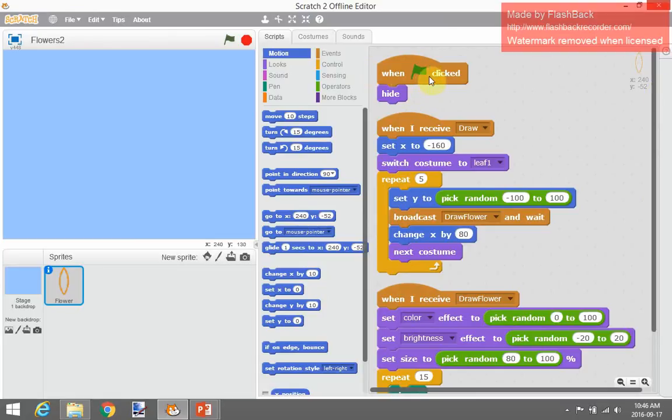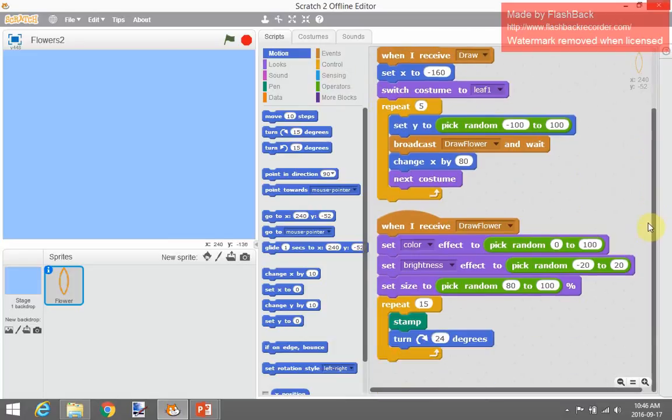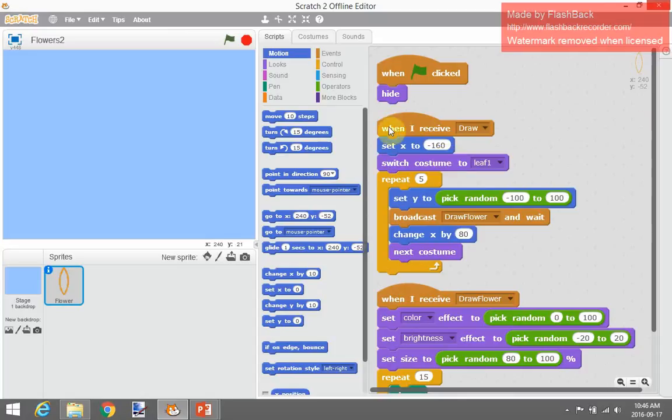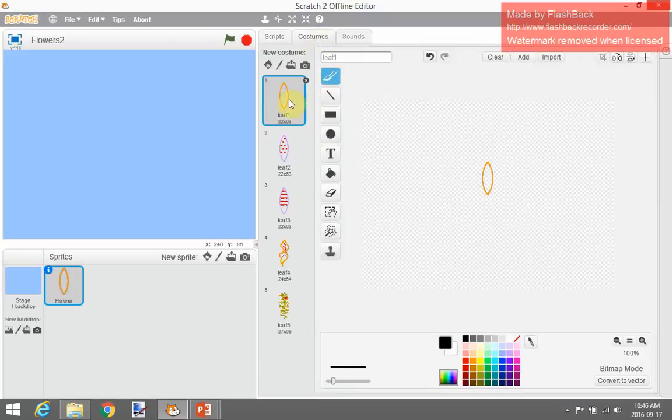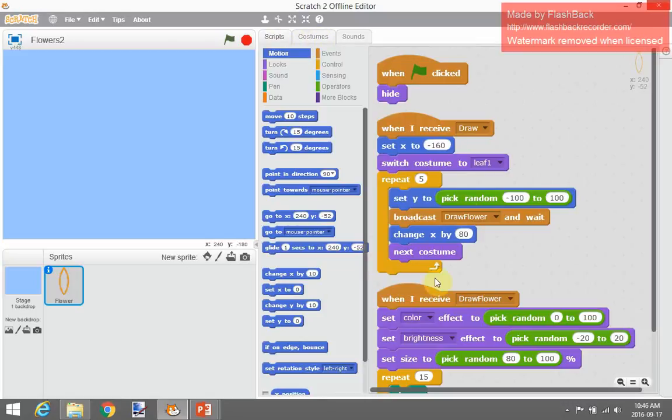So when we click on the green flag, we hide, then we receive the draw, and we've got a draw flower. So there are 2 when I receive blocks here, and effectively what is happening is that the sprite is talking to itself. So when I receive draw from the stage, I set my X to -160, I switch my costume to leaf 1, which is our first leaf, then I repeat 5 times, I set my Y to pick a random between -100 and 100, which is what we did before, and then I broadcast a message called draw flower,